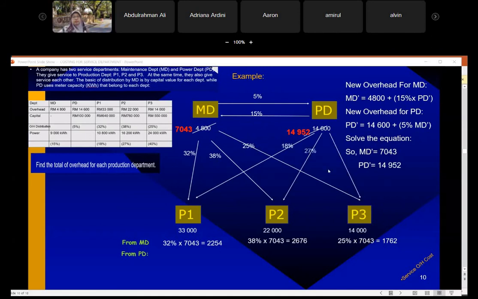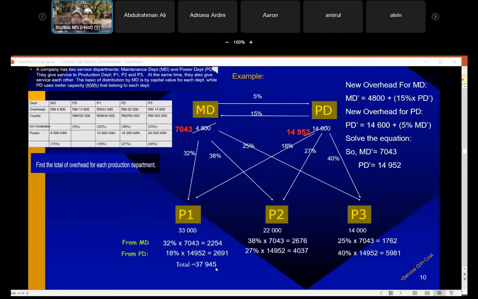18, 27, 40. So now calculate 80% from 14. Okay, 6,027 times 40. 4037. 40% from the 40% mana tadi ni? 40% from 14,952 is 5,981. So you just total. The total is 33,000 plus 2,254 plus 2,691. You get the total. So P1, the production department need to absorb the overhead is